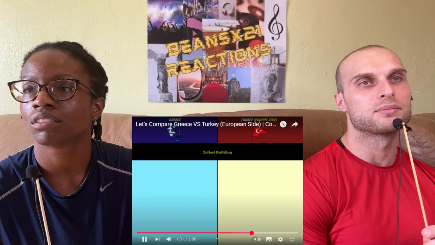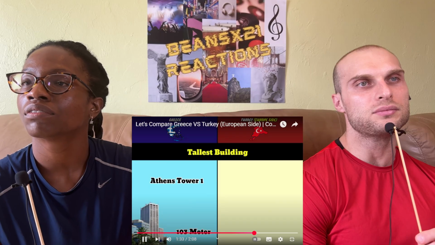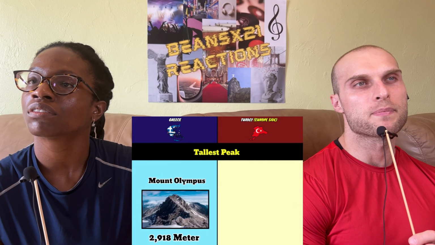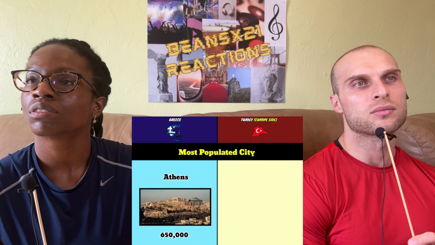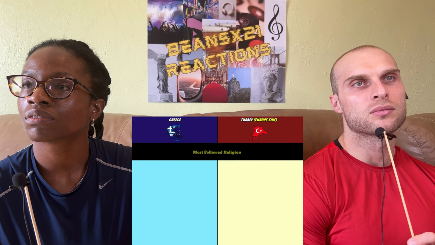Tallest building: Athens Tower, 103 meters; Sky Land Istanbul, 284 meters. Tallest peak: Mount Olympus, 2,918 meters; Mount Mahia, 1,031 meters. Most populated city: Athens, 650,000; European part of Istanbul, 10 million. Most followed